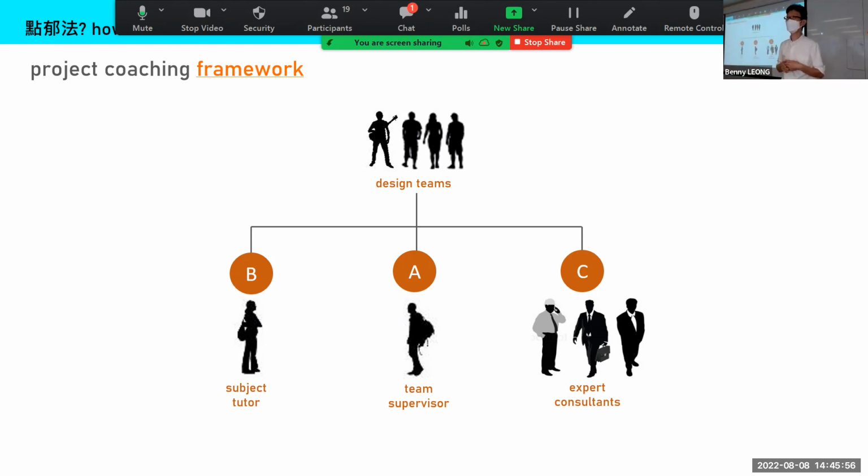For example, there will be product design students, there will be social design students. We will have tutors helping and coaching on specific issues. If there are problems about going in the direction of, oh, I'm going to do something about the specific product structure of things, you will have support. Yes, you will have the subject tutor. Lastly, as I mentioned before, the expert consultant from fields other than design.